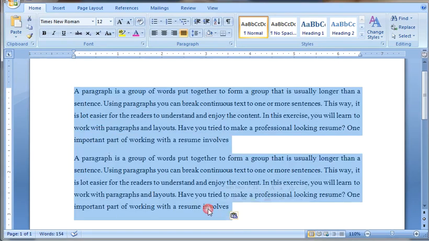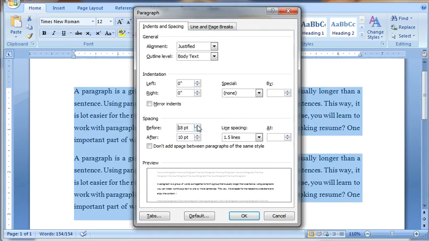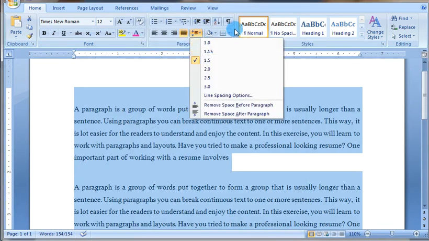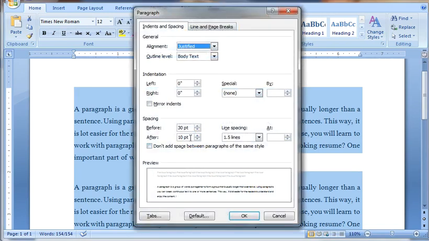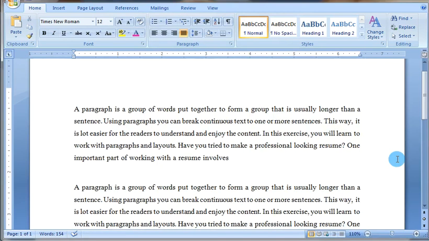If I select 2 paragraphs and go to this, if I change the before option from 0 to 30, then it will add space before the paragraph. If I change the after value, then it will add space after the paragraph. So this is how spacing works.